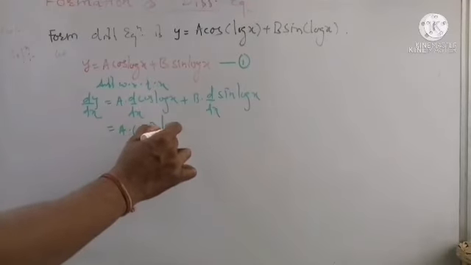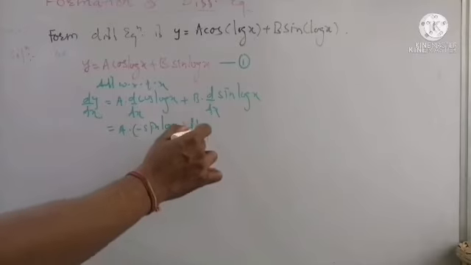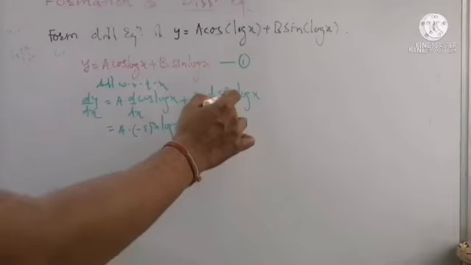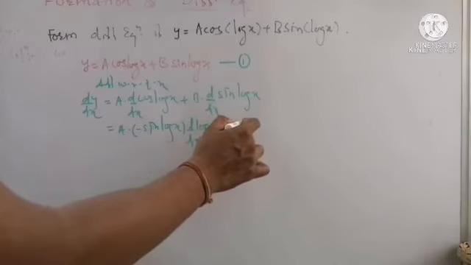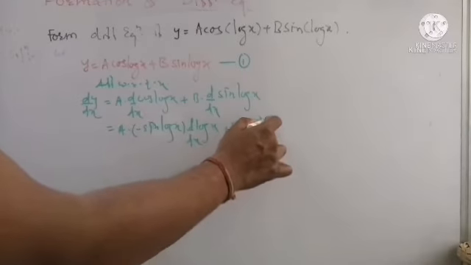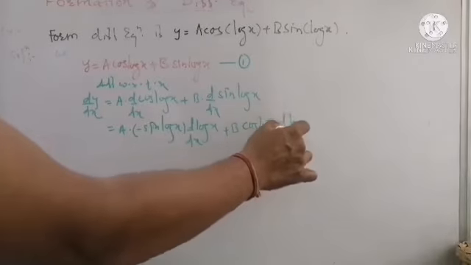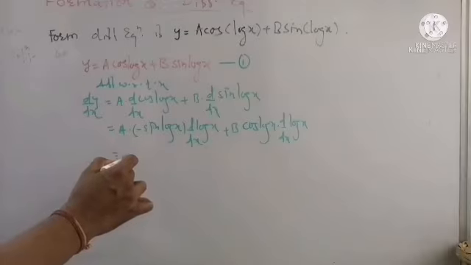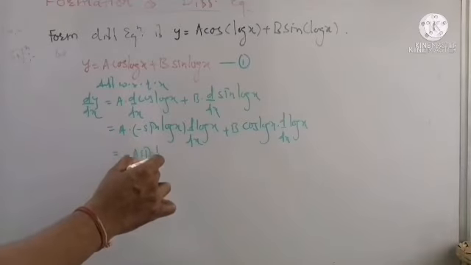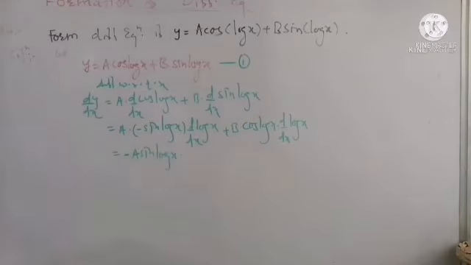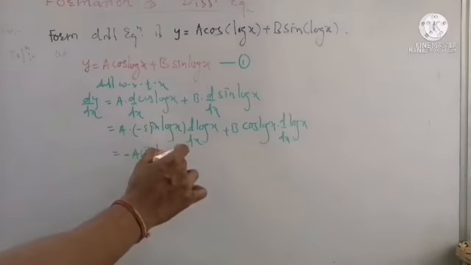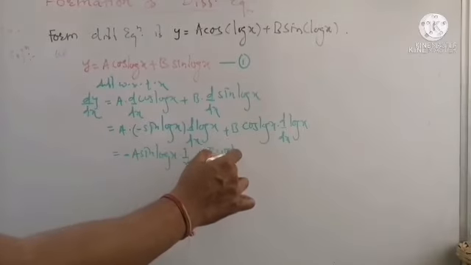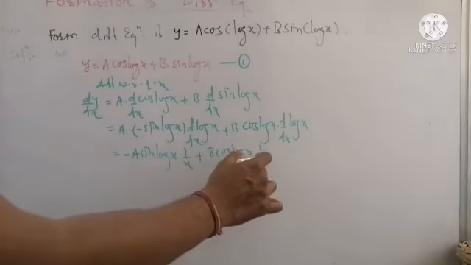By chain rule we take the derivative of log x in the product, plus b. In the same way here, as the sine of log x, the derivative of sine log x is a cos of log x into the derivative of log of x with respect to x. Now as the minus sign came outside, minus a sine log x is outside the derivative, so there is no change in this term. As log x is a standard term, it has derivative 1 by x, plus b cos of log x outside the derivative, again the derivative of log x is 1 by x.